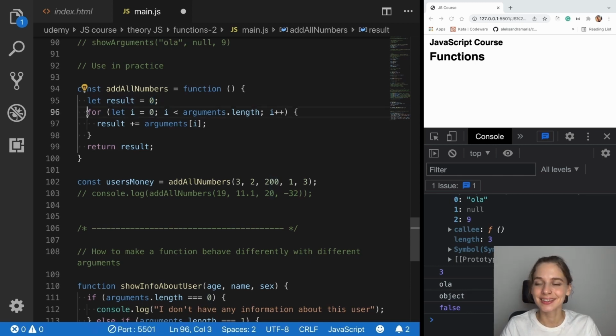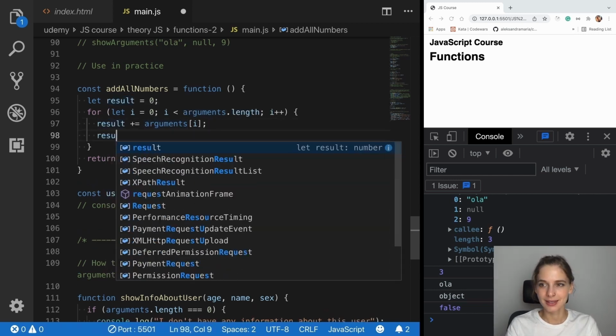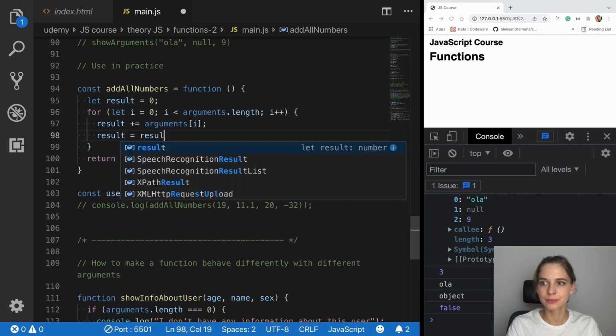And then something that you are already familiar with. So the for loop, we create our iterator i, we initialize it with the value of 0. Then we want to go for as long as we have more arguments, so as long as i is less than the arguments length, and we want to increment by 1 each time. And then we want our result to be updated with those arguments every single time. So the result here is as if we said result equals result plus